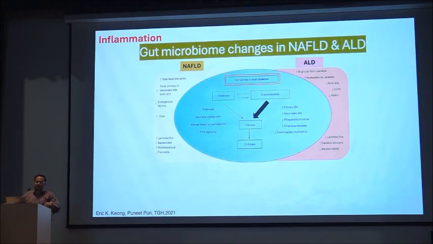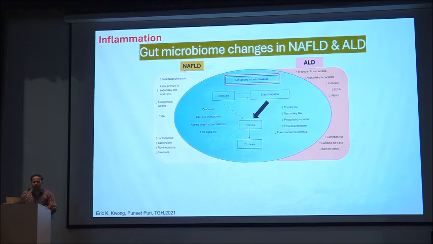Coming to further perpetuating the inflammation, gut microbial changes are seen in both ALD and NAFLD. Gut dysbiosis is very common in both the conditions. There is gut dysbiosis, bacterial overgrowth, altered intestinal permeability. The effects are signaling from the terminal ileum, leading to further fibrosis and cirrhosis. There is an increase in the primary and secondary bile acids, and also an increase in certain bacteria in both ALD and NAFLD as mentioned here.